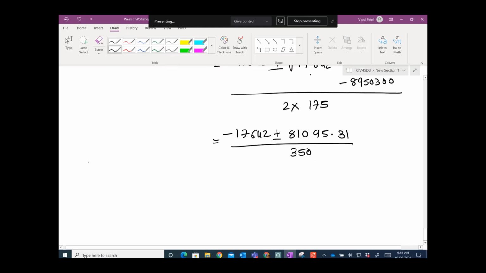So you can just do two scenarios: minus 17642 plus 81095.31 over 350,